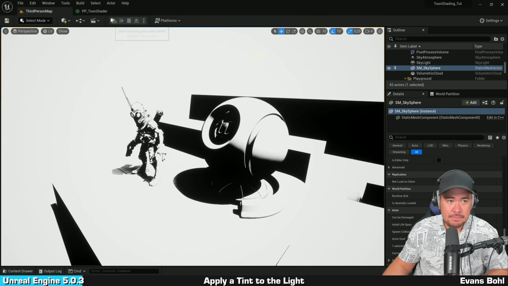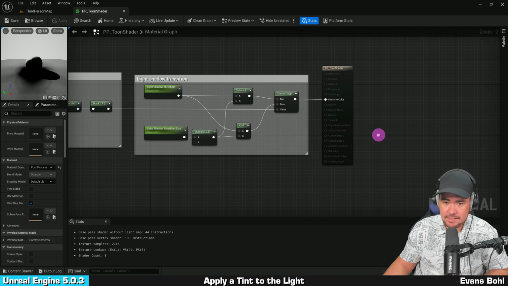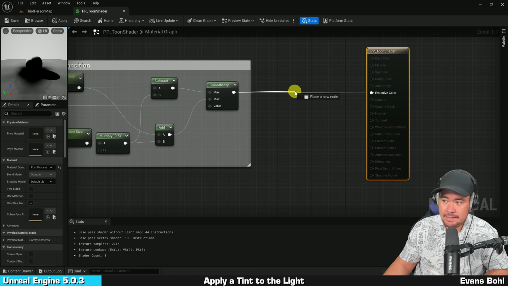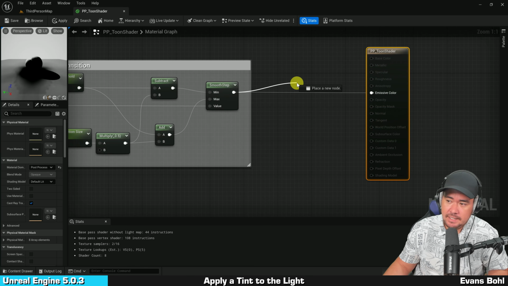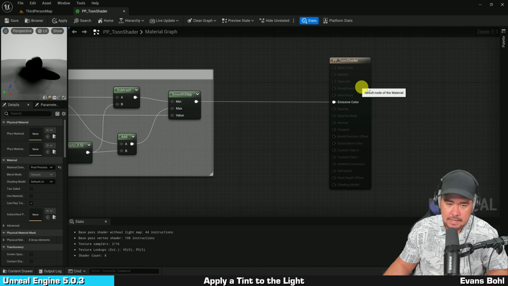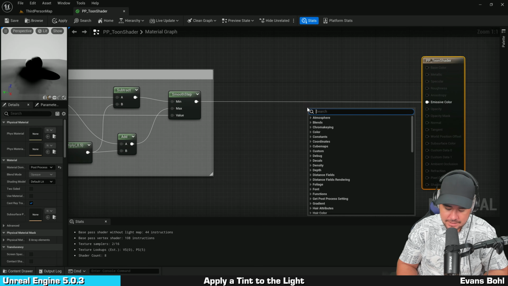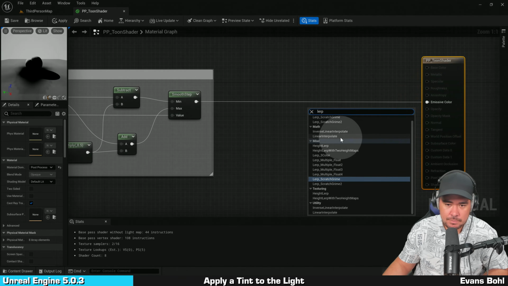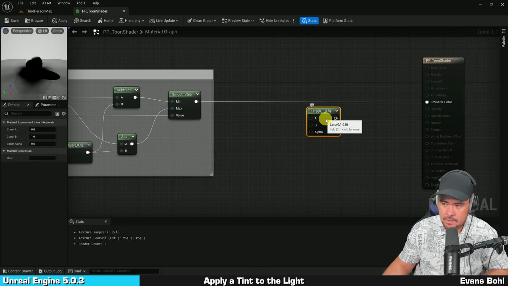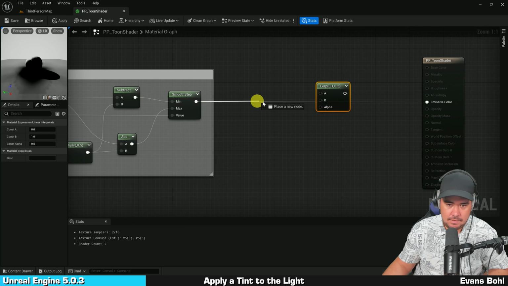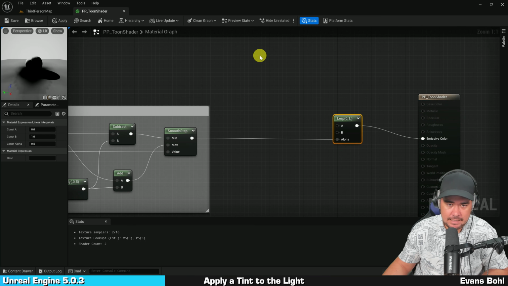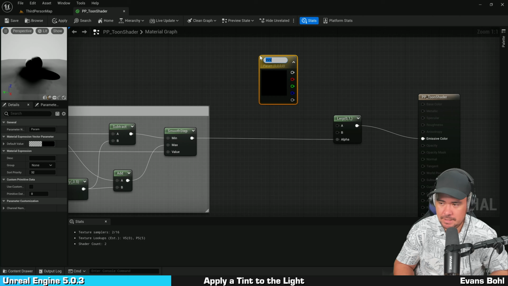So what's cool about the implementation that we've done is that since the value of the light amount is always between 0 and 1, all we have to do to achieve such a thing is to use a lerp node. So here I'm going to right-click, type lerp, and select linear interpolate, this one. Then I'm going to plug this in the alpha input, this in the emissive color, and here I'm going to press V on my keyboard and click in the graph to add a vector parameter that I'm going to rename